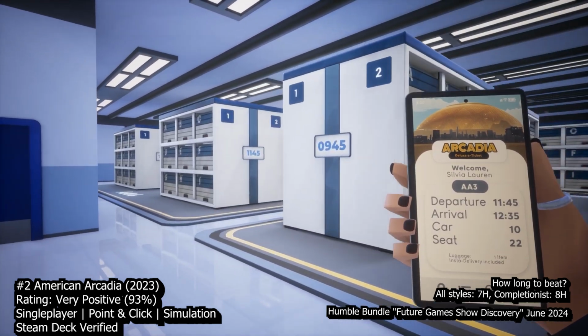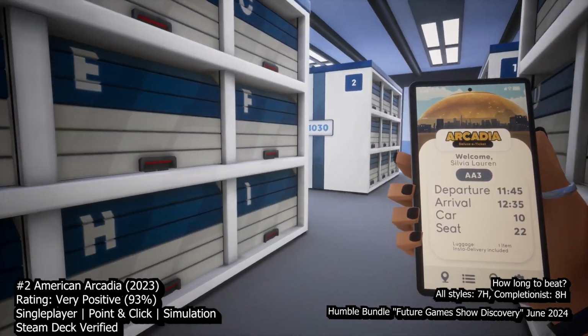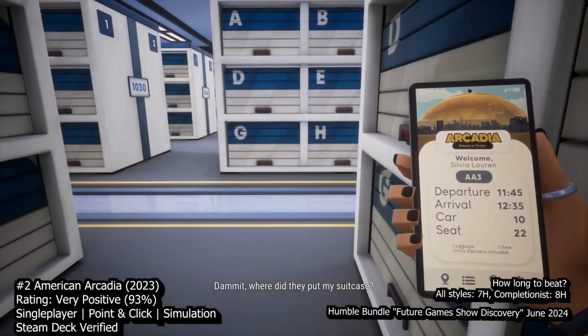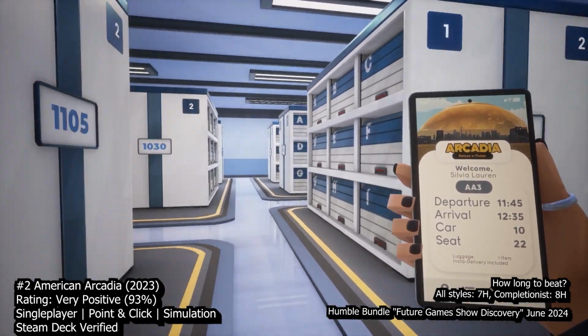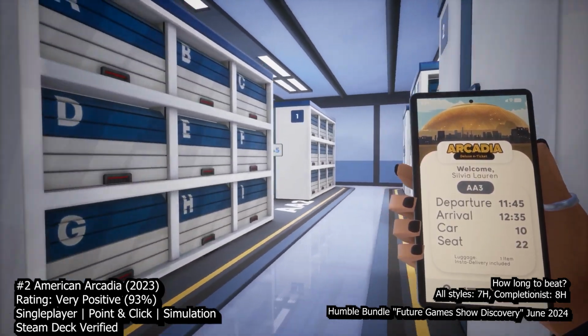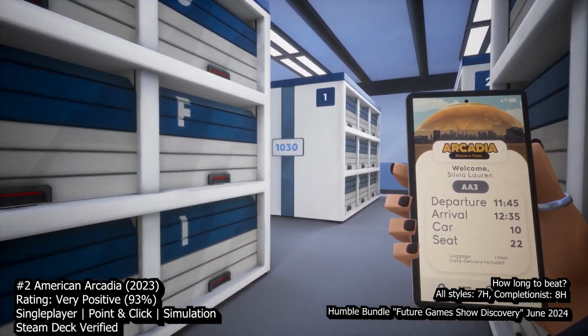At number 2 we have American Arcadia. Have you ever wondered what it would be like if an entire city was part of a reality TV show? Enter American Arcadia, a puzzle platformer that offers a fresh twist on the concept. Set in the 70s themed ultra-advanced dome city, you play as Trevor, a resident who unknowingly stars in a massive